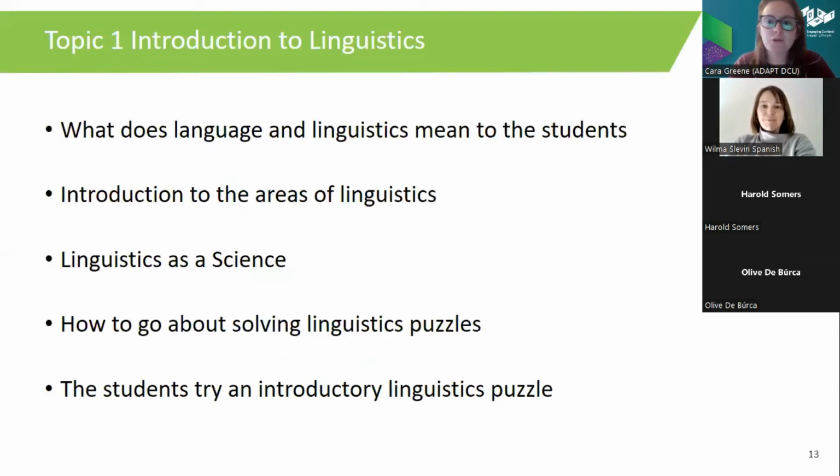So just before I run you through briefly what's involved in each of the 10 topics within the module, and then Wilma will go through historical linguistics to give you an idea of what the resources look like. I had an issue with the recording, so I'm not sure if it recorded from the start. I just wanted to repeat the topics again for the recording. It's around 20 hours of materials.